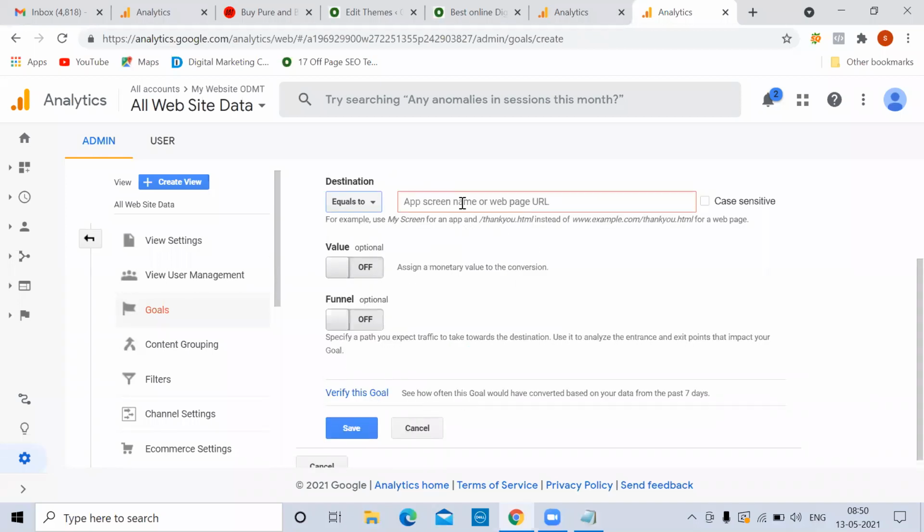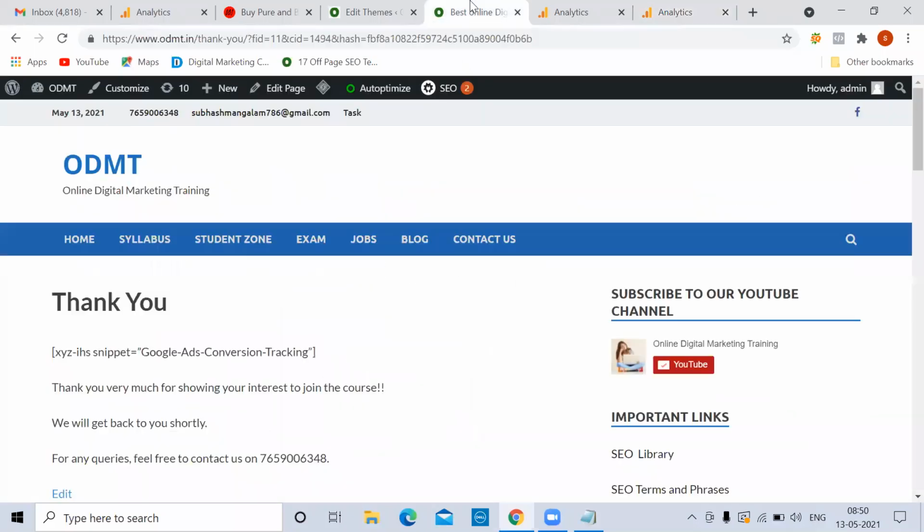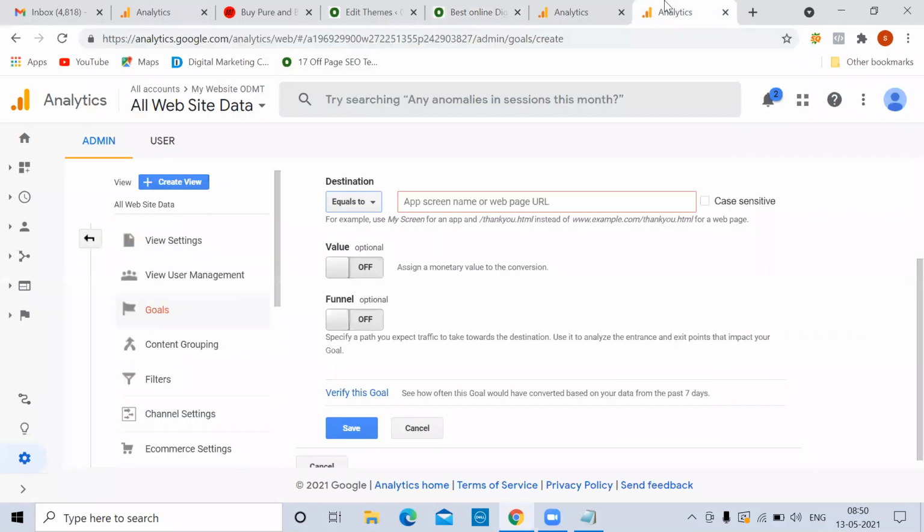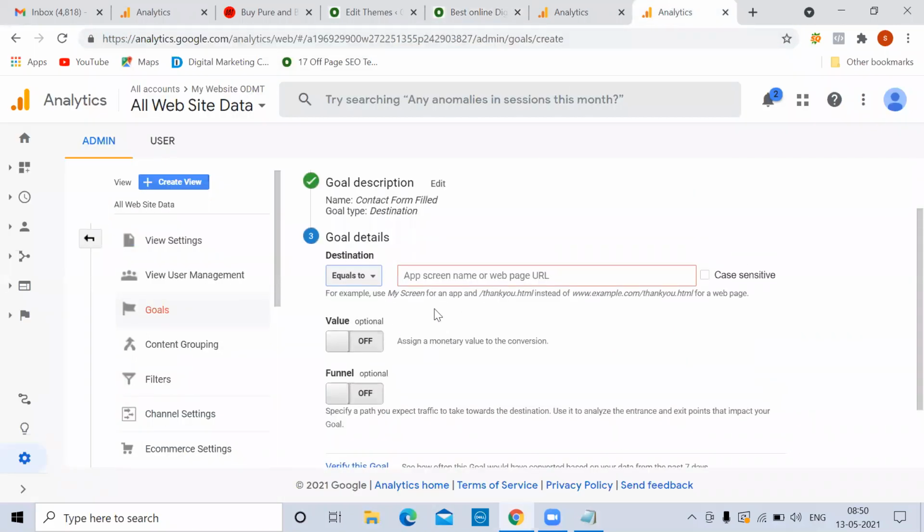Continue. You have to mention what the page is. I can copy this, but the problem is every time a customer fills the form, these numbers will change. So I can't take this. Then what I can do is copy this here, and instead of equals to, you can select begins with.